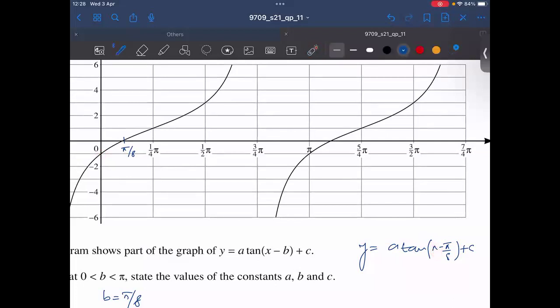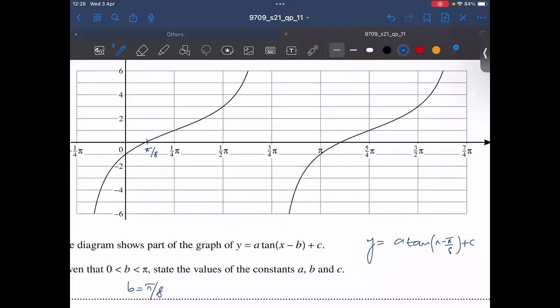And then you may put in the value of pi by 4 and keep that equal to 1. For C, you will be getting -1 because C is basically the